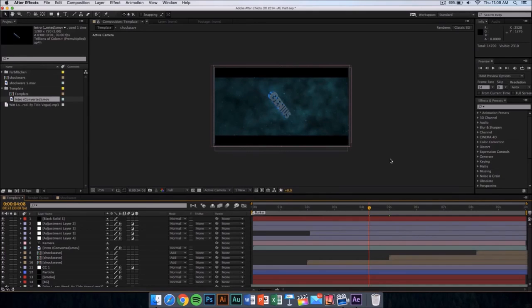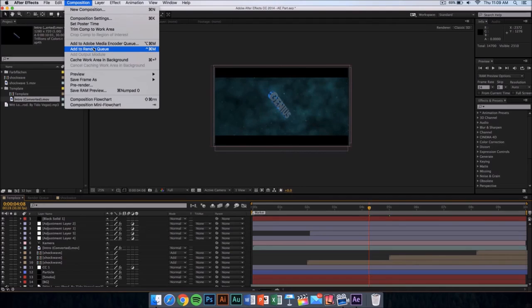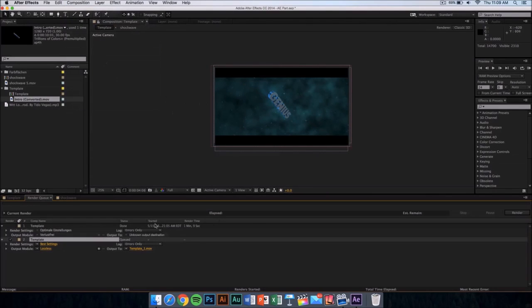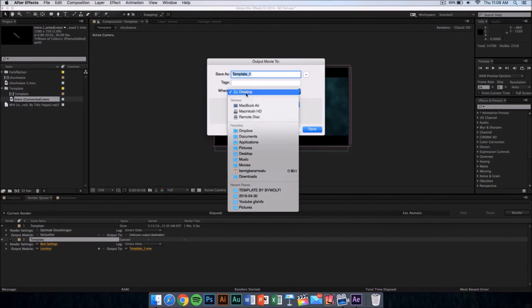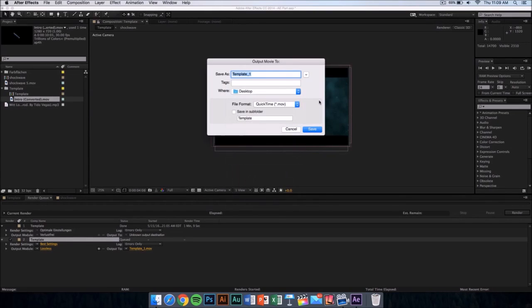So guys, once you have loaded your footage in After Effects, there's one more thing to do, and that is to export or render your video, and that's really easy. All you have to do is go to your composition and from there click on add to render queue, and once you click here, this kind of window should appear. Make sure that it is on best settings and lossless, and then click where it says output, and then you can save it on your desktop, documents, applications, anywhere you want it to be, and the file format is going to be